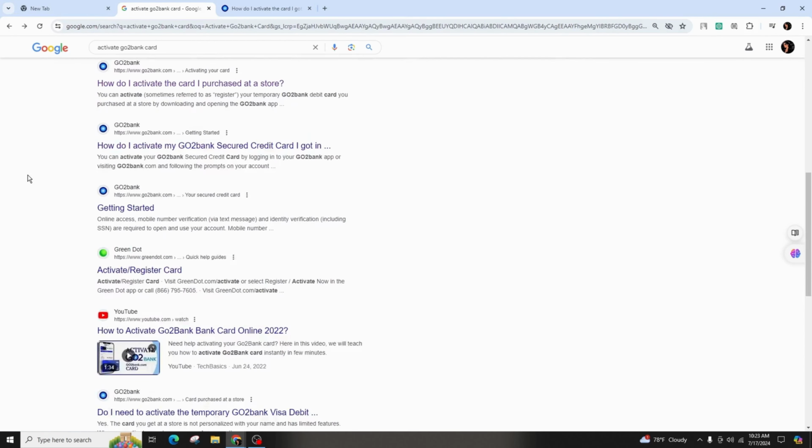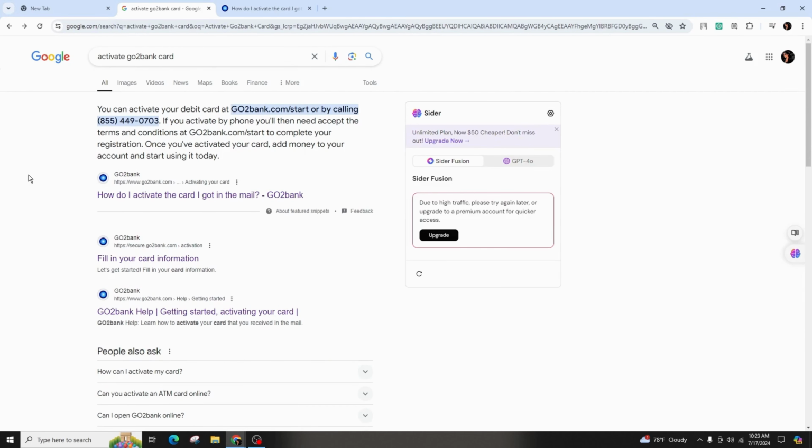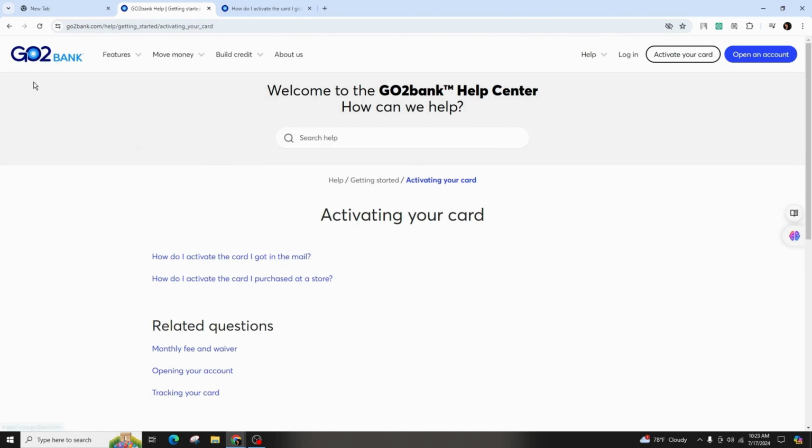Then you will come across various websites. You're supposed to click on the link of Go2bank help getting started activating your card. Click on this link over here. Now this will take you to the official website of Go2bank, from where in order to activate your card, you